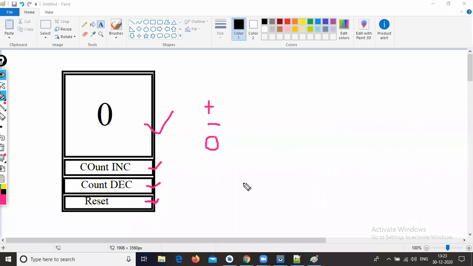Okay, so this is the assignment for you. First, in our screen, just create 4 components: the first one is the text view, the second one is the count increment button, the third one is the count decrement button, and the fourth one is the reset button. This is the way you need to create your design. You can use any colors, that's your wish. But the functionality is common for each and every student.